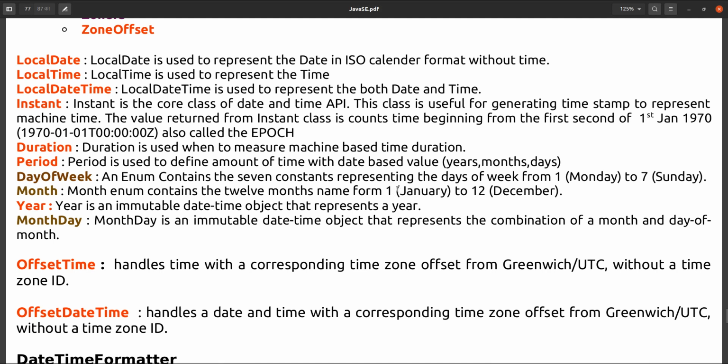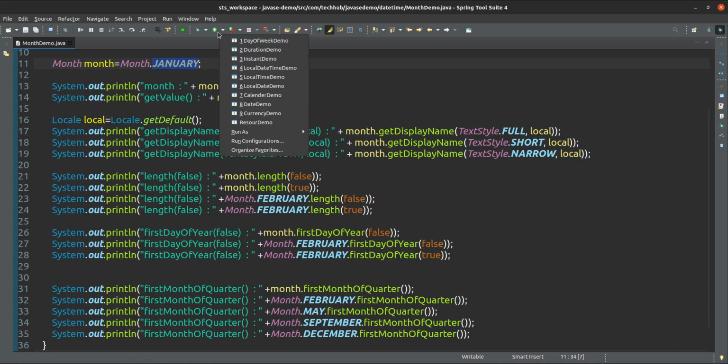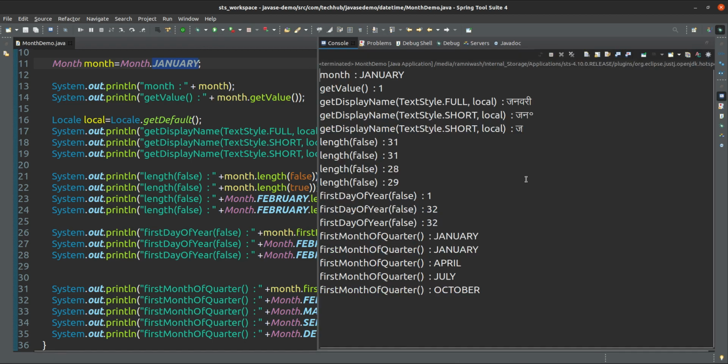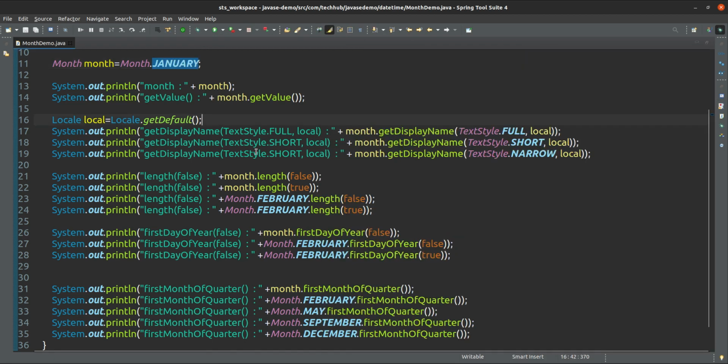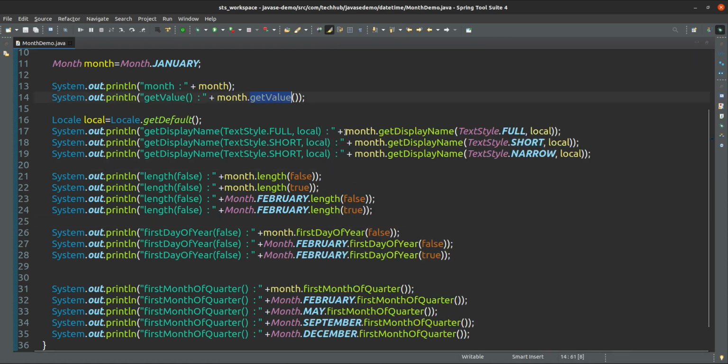From 1 to 12, from January to December, so it will point to that only. I have created January here, and if I run this, you will see this is January. It is the same thing, get display name, we have to give the text style, how we want to get the text, full, short or narrow, accordingly it will come. So this is coming accordingly: January, Jan, J. Get value means the value of a month, the first one.